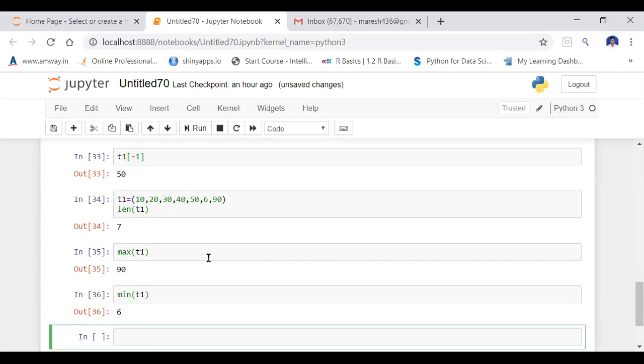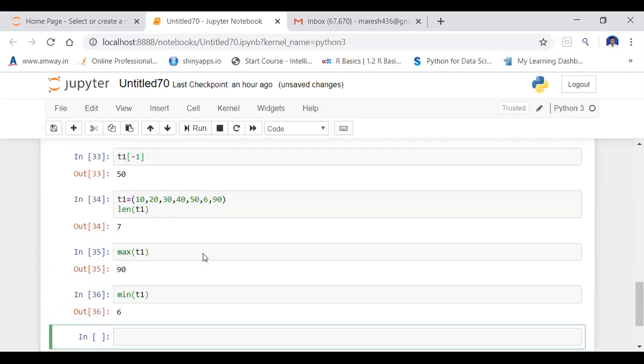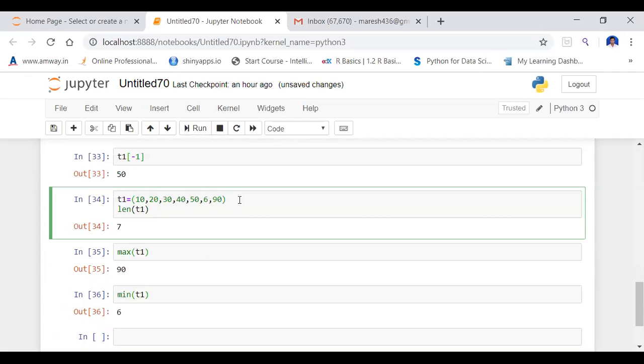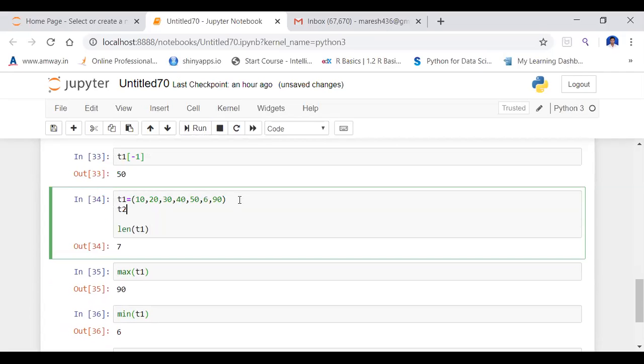Suppose I want to add 2 tuples. First let me declare another tuple here. Another tuple T2 is equal to some values, that is 100, 200, 300, 400, 500, and 600.